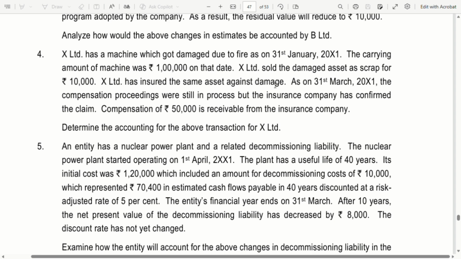But X Limited has insured the same asset against damage. हम लोग ने इंश्योरेंस लिया हुआ था। As on 31st March 2001, the compensation proceedings were still in process, but the insurance company has confirmed the claim. The compensation of rupees 50,000 is receivable from insurance company. So as on 31st March क्या था कि compensation जो है ना वो अभी तक हमें मिला नहीं है, वो proceedings में है, ठीक है, बट हम लोग को compensation 50,000 का है, वो receivable है।